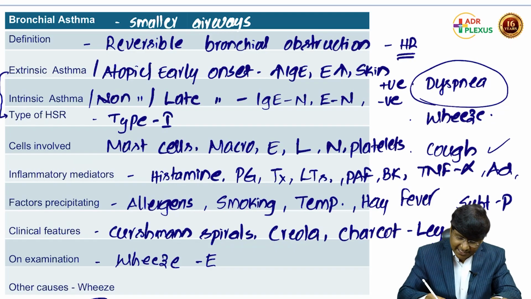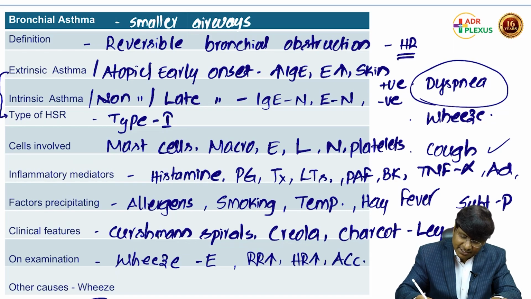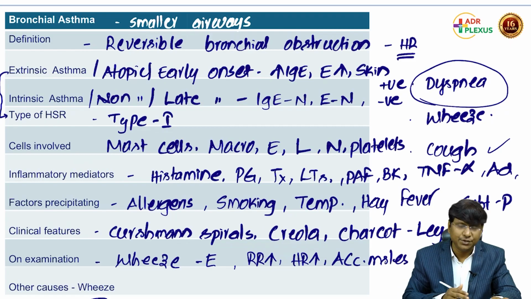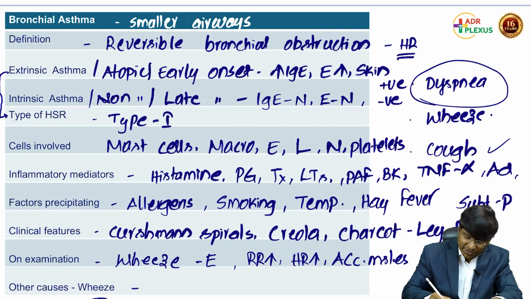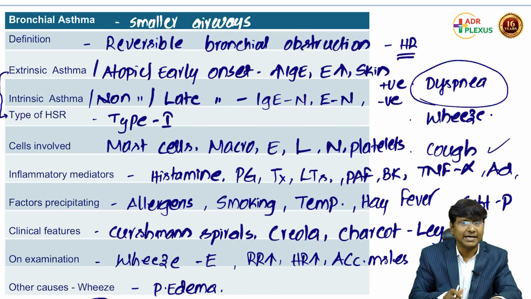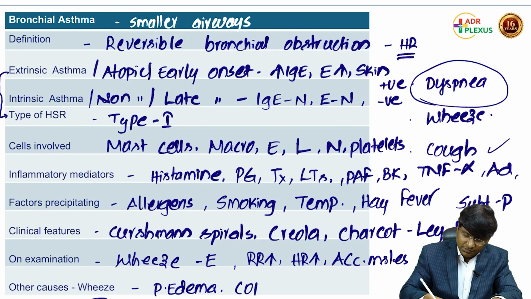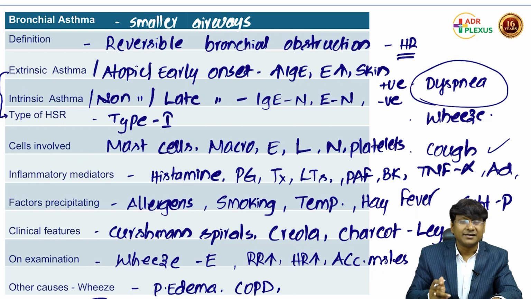And on examination, the other important feature is that respiratory rate is increased, heart rate is increased, and accessory muscles of respiration are being used, right? And what are the other causes of wheeze? That includes cardiac asthma, which is nothing but cardiogenic pulmonary edema, which is called cardiac asthma. Then COPD, then recurrent pulmonary emboli,